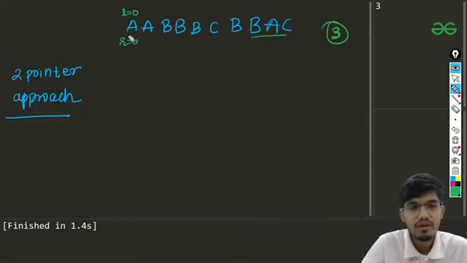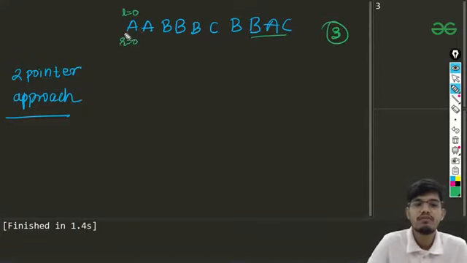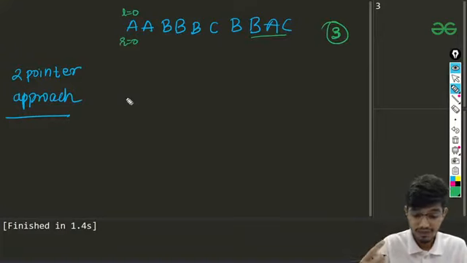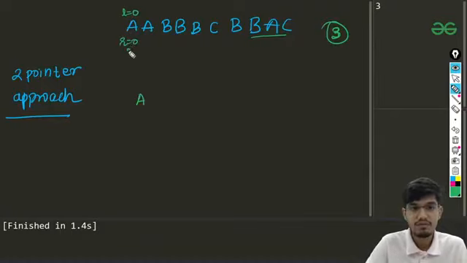Starting from here, we got a. Instead of storing only the count, we'll also take the frequencies. So the frequency of a at present is 1. That's fine. Now we'll move to here.